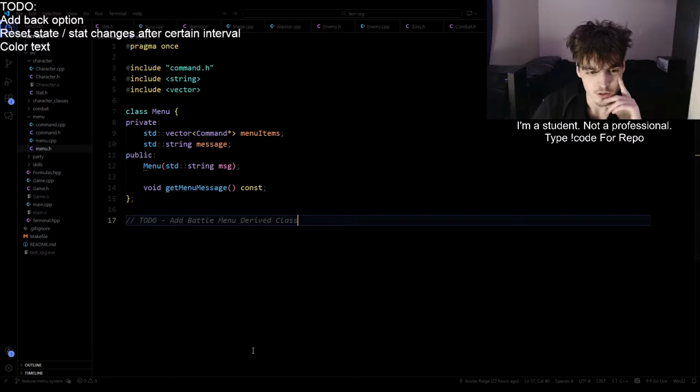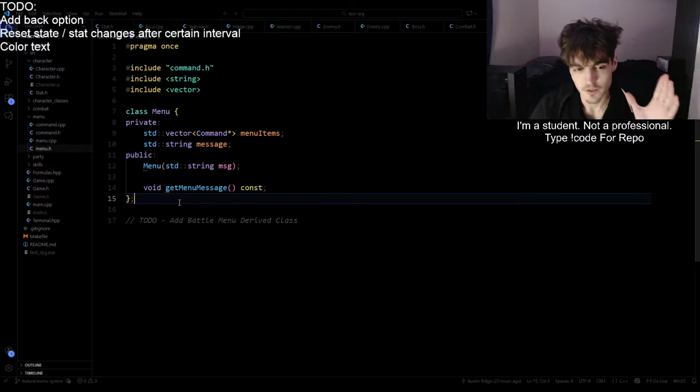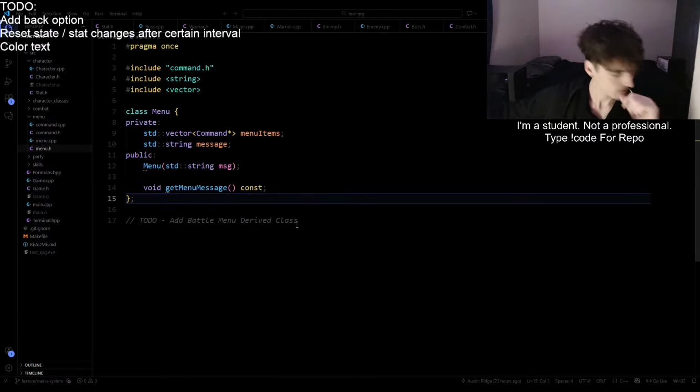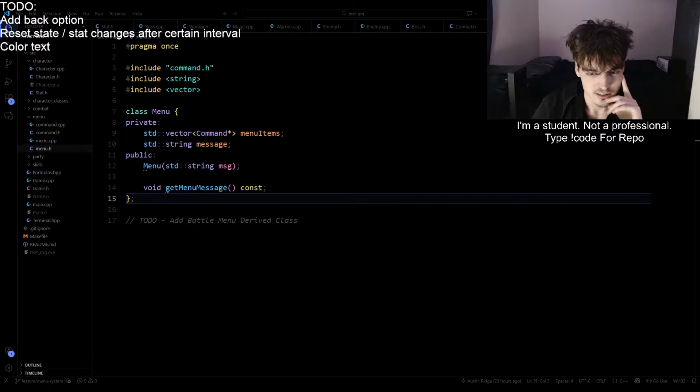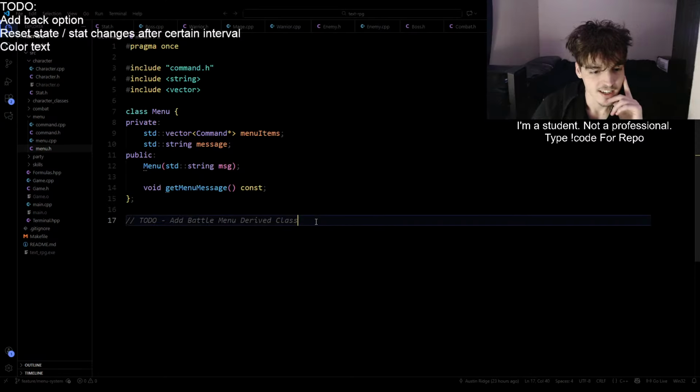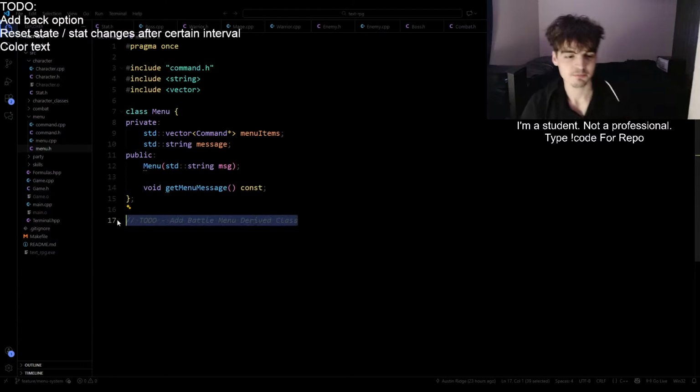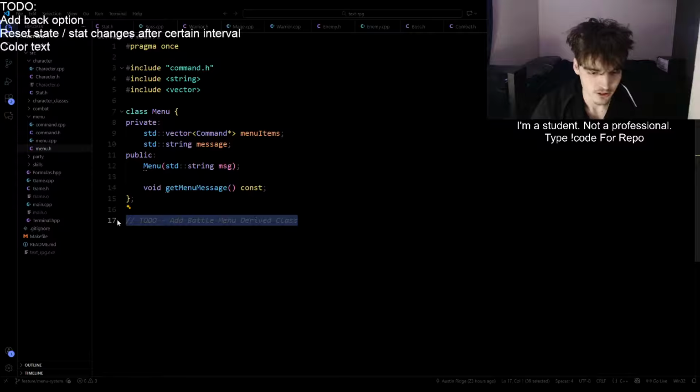Because the way that I was thinking about doing this is, for every menu that we want to make, we're just going to make derived classes and fill in the correct menu items in the constructor of the derived class. I figured that would be the most straightforward. I don't know if you guys can hear that, there's like banging going on. But yeah, so we'll do the battle menu, which is going to be a derived class from Menu, and we're going to have the constructor basically fill it with